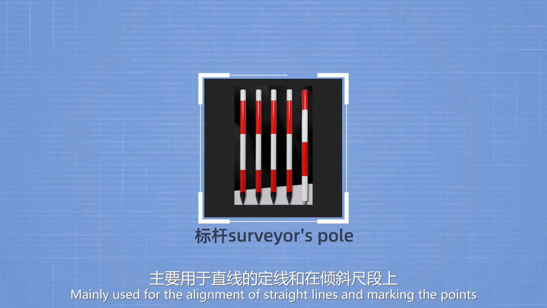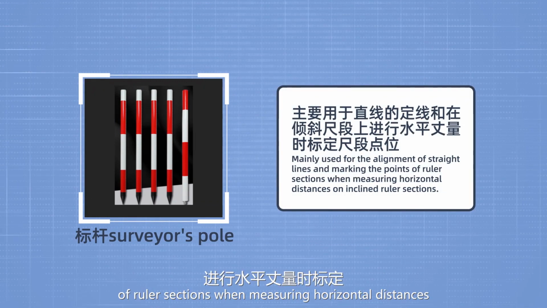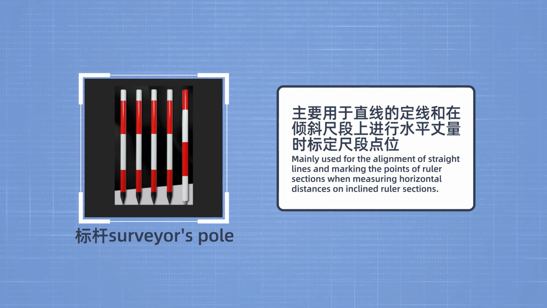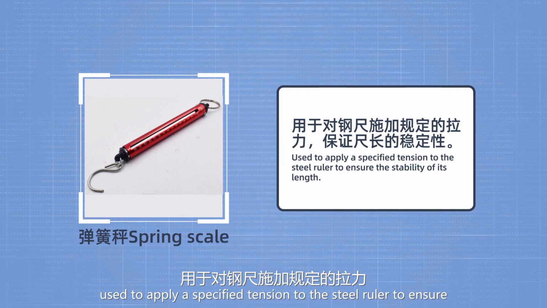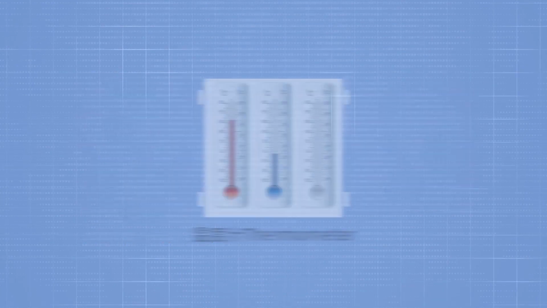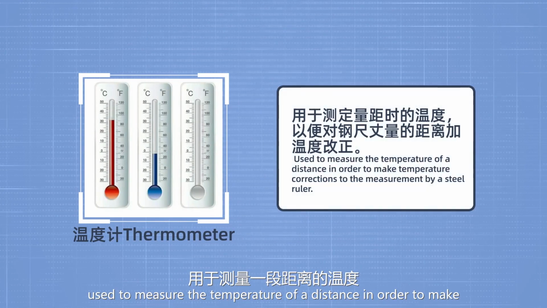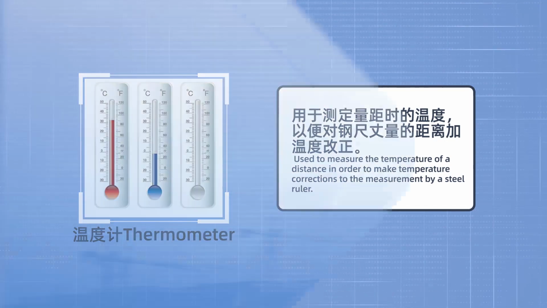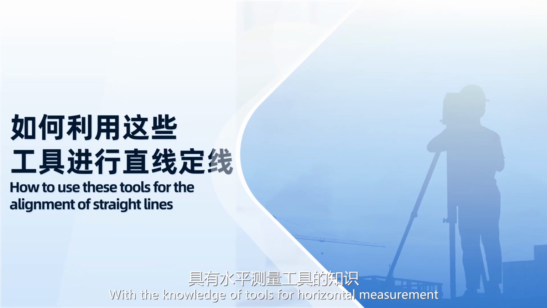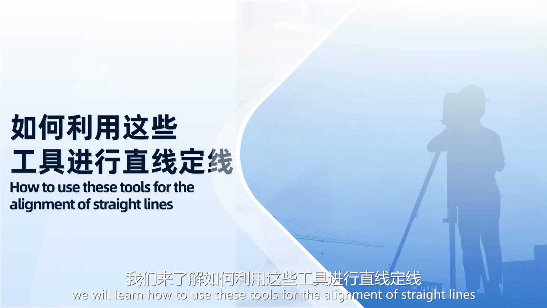Mainly used for the alignment of straight lines and marking the points of ruler sections when measuring horizontal distances on inclined ruler sections. Used to apply a specified tension to the steel ruler to ensure the stability of its length. Used to measure the temperature in order to make temperature corrections to the measurement by a steel ruler. With the knowledge of tools for horizontal measurement, next we will learn how to use these tools for the